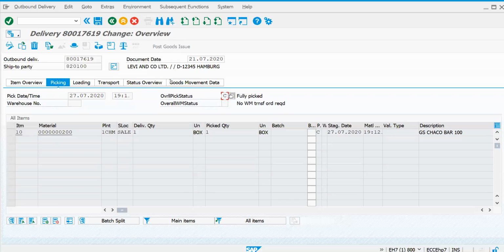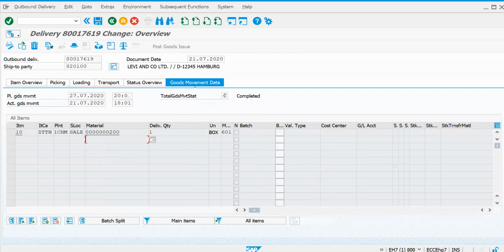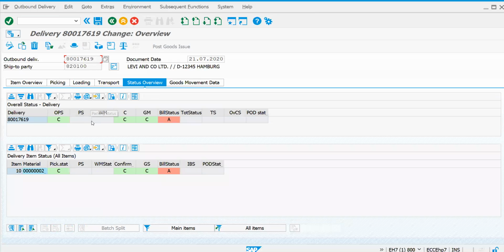Now try to observe your goods movement status. Previously it was A, now it has changed to C. Like this, your status is continuously changing. If you would like to check the statuses at header level and item level, this is the material level for item level, and this is the overall status. If you would like to see the total delivery document, you can see the status. For this, billing is not done. Let me try to create a bill now.